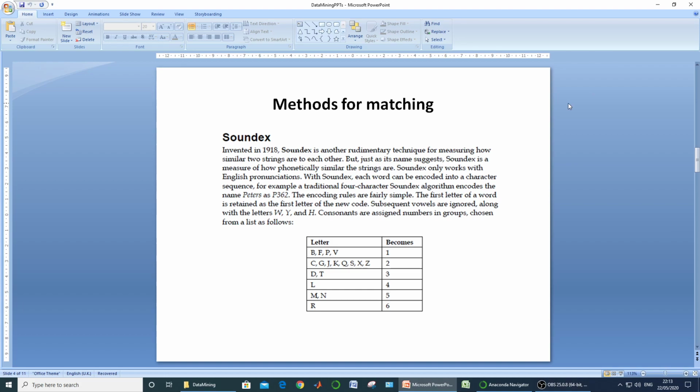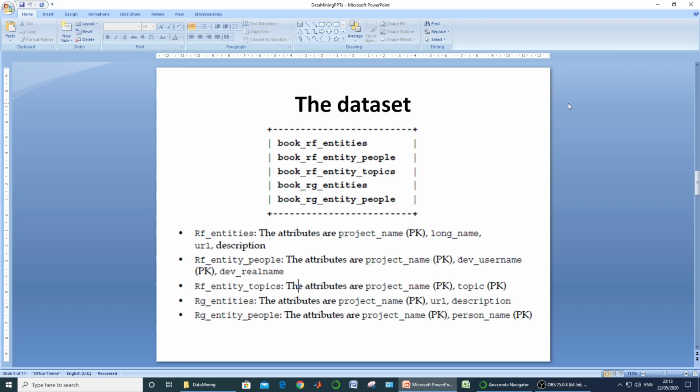After going through the soundex, let us talk about the dataset we are having. Now, our dataset is containing two databases. One is for RF, one is for RG. Or you can say, to be very simple, that in a single database there are five tables.